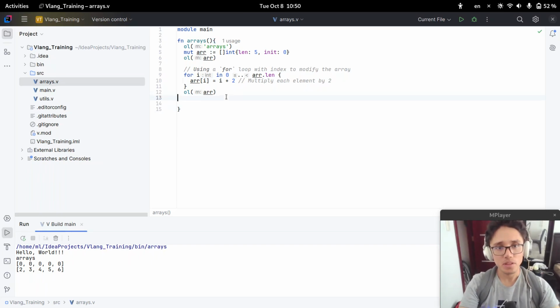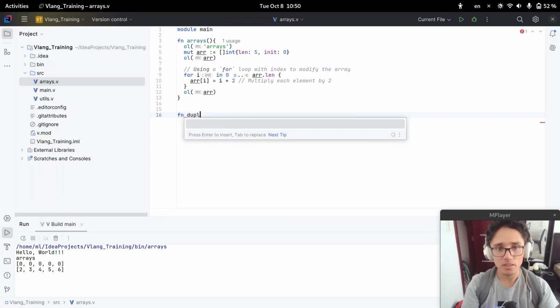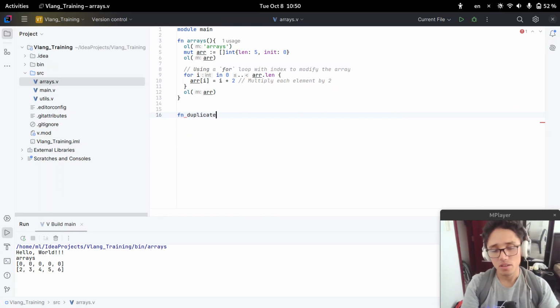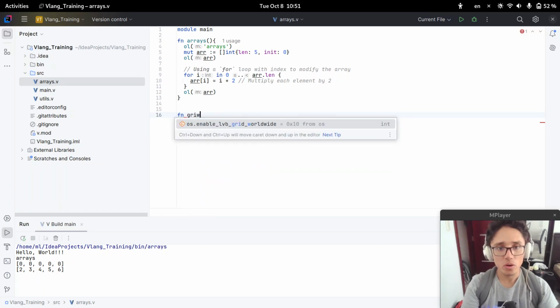That's great. Now, here I want to call a method, I don't know how to call it, but maybe duplicate, or it's not duplicate really, is grow